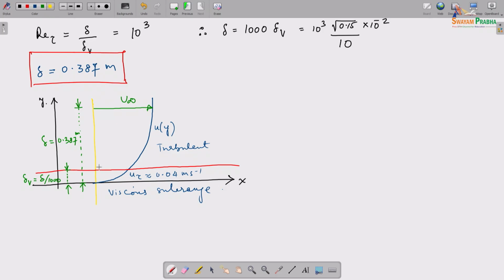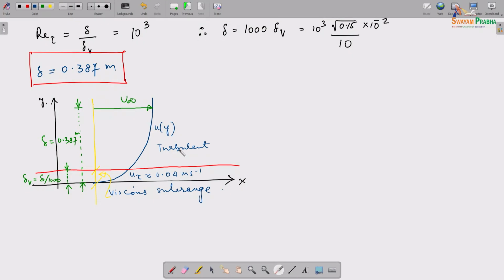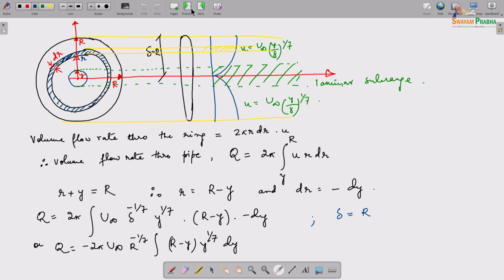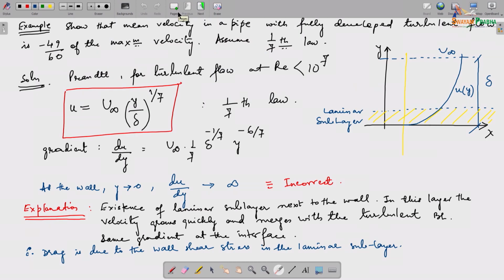So what am I talking about? This is that viscous subrange we are talking about, and U tau is this value. Now, also, U in the turbulent zone, in this zone. Now I didn't give any definition for that. Now remember what we did last class. We did something like this here. This was also Prandtl's